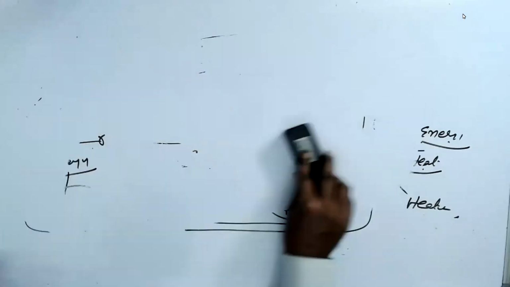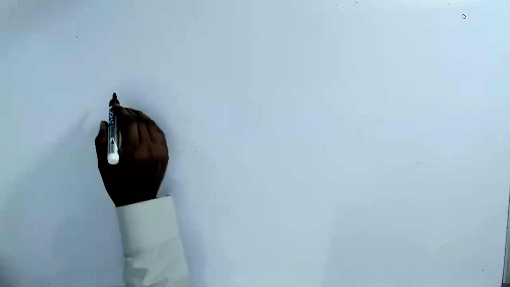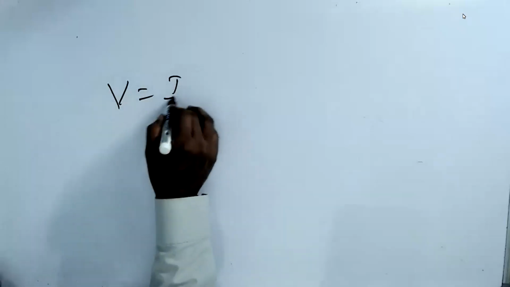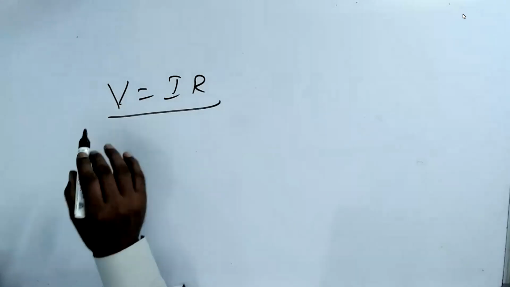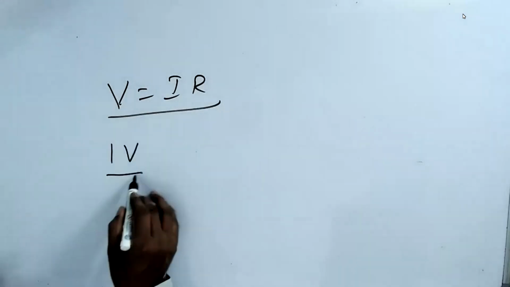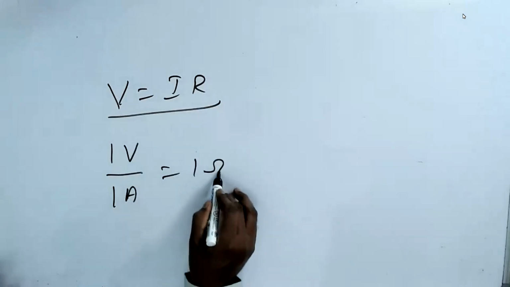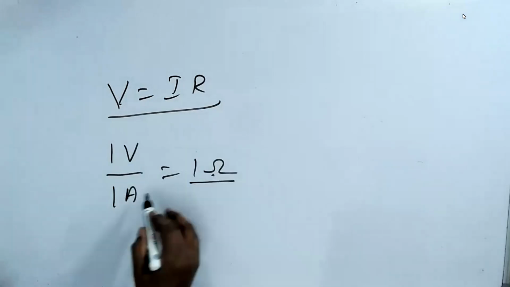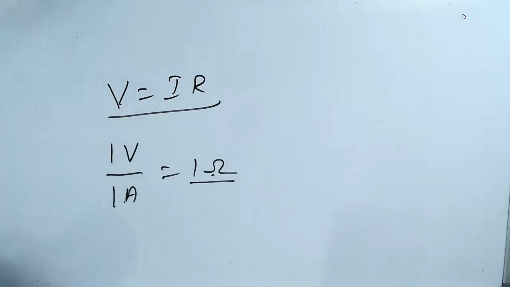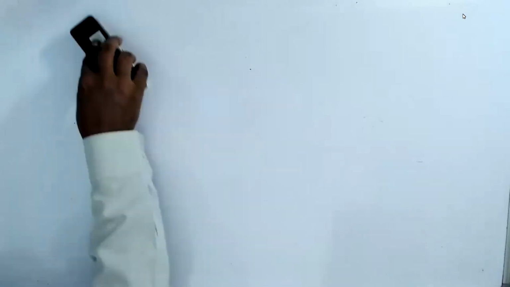Now we understand that. Sir, yeah, tell me. Sir, if you want more current, the resistance must be less, right? Correct. Yeah, it should be less. Always. The relation is V is equal to I into R. That we will discuss next session. But how they invented it was, if you apply 1 volt and there's 1 ampere, then it's 1 ohm. That's it. We will discuss that next. You're right, but we have to understand this very thoroughly.